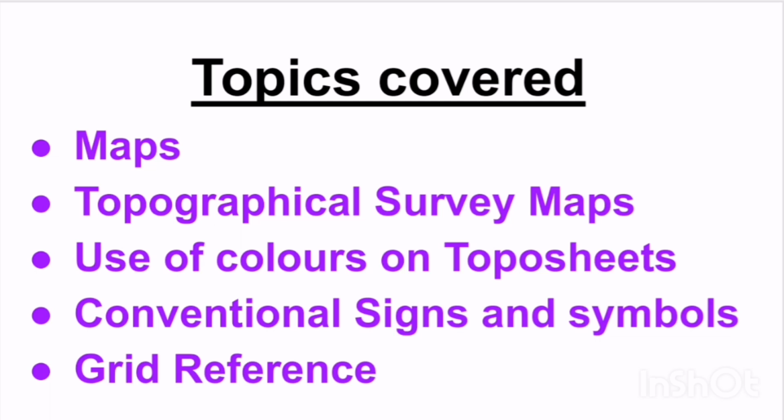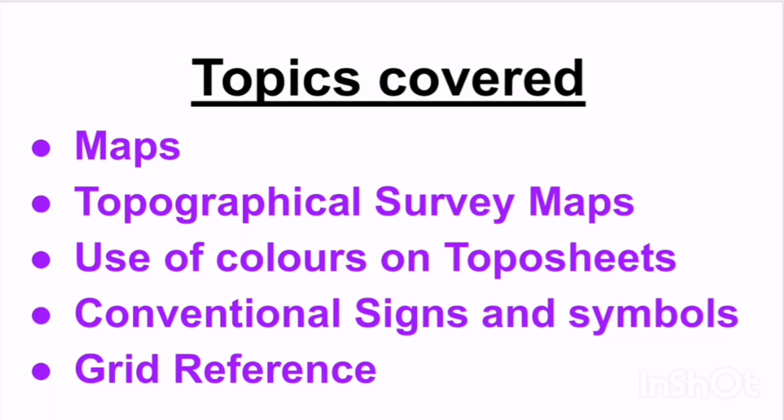Yes students, all the geographical features on topographical maps are shown in color which have their own significance and that are universally accepted. Then conventional signs and symbols. Because of limited space in a map, it is impossible to show the actual size and shape of different features. So that's why they are shown with the help of various agreed symbols. And these agreed symbols are conventional signs and symbols which are a universally accepted language that can be understood by all.